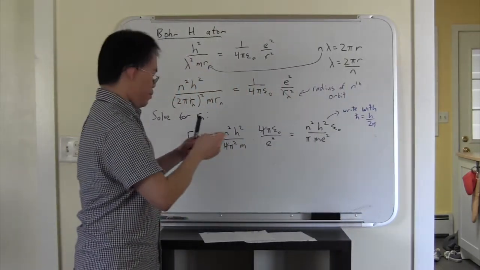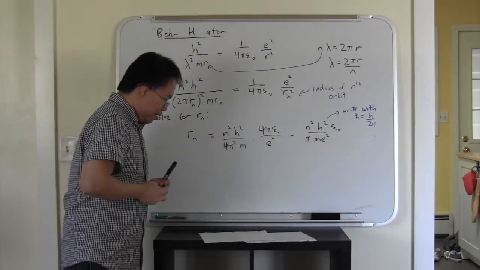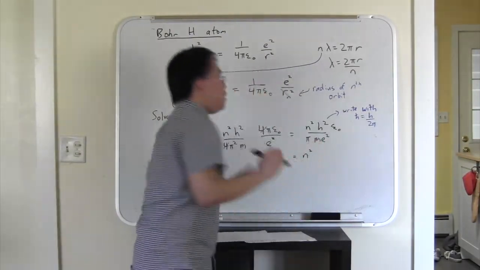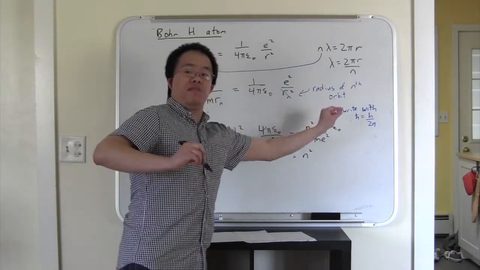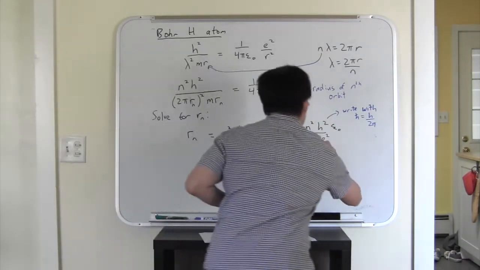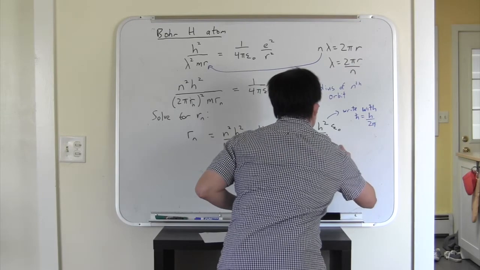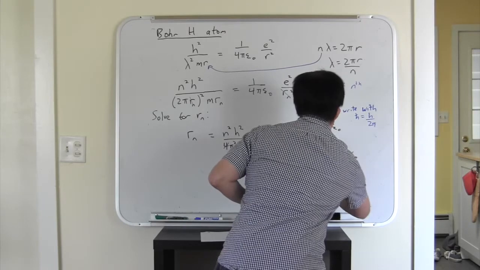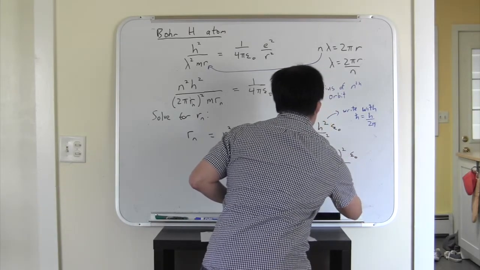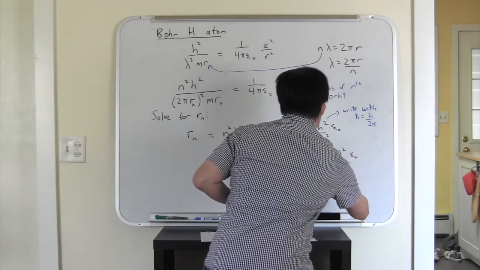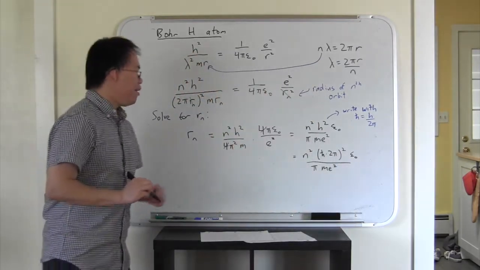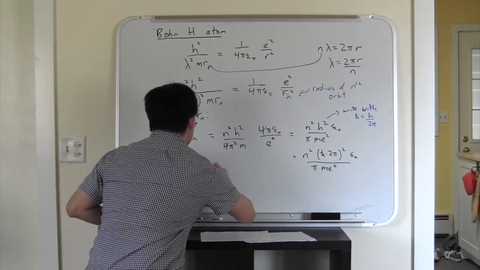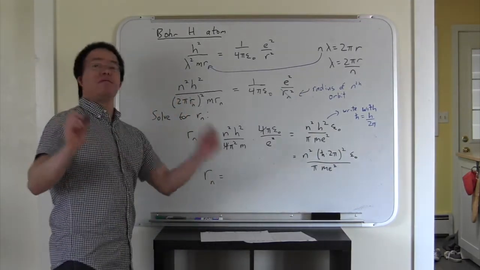So if I do that, what we have is then n squared. H squared is going to be h bar times 2 pi, quantity squared, over epsilon naught times a pi m e squared. So when the dust settles, making sure I have all my factors of pi, we get for the allowed radii